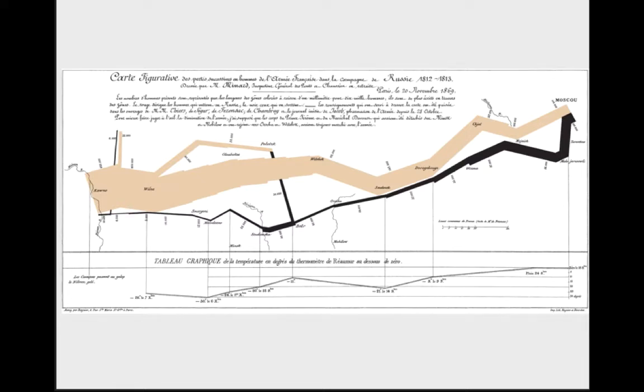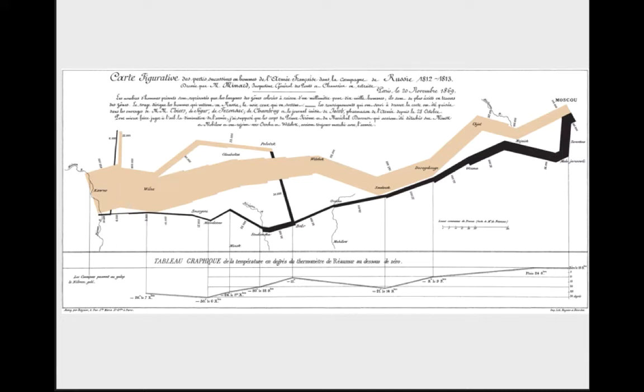And you can start, and there are sizes of the army labeled on here. And so we're going to start with the kind of tan color, and the army at that point is 690,000. It's the largest army that had ever been assembled up to that point in European history, and they're starting to head towards Moscow. So they have just crossed the Niemen River,